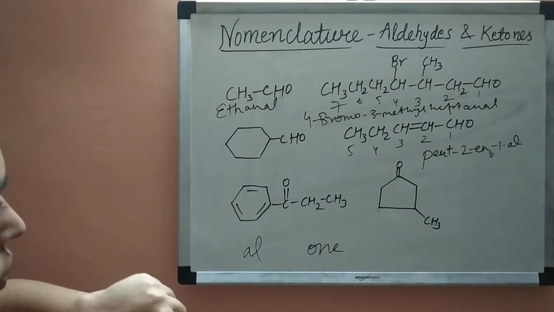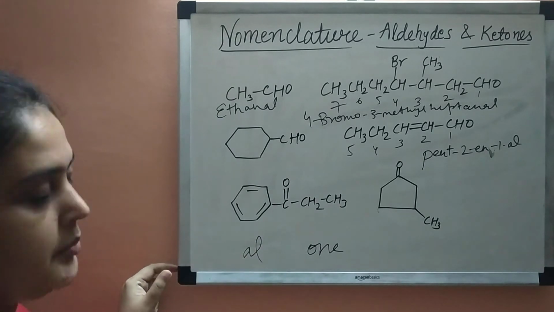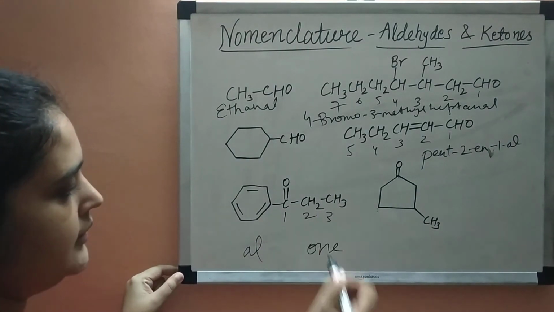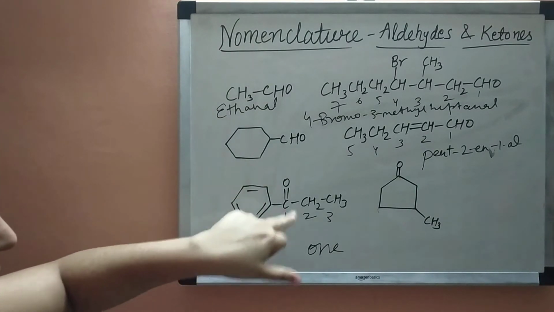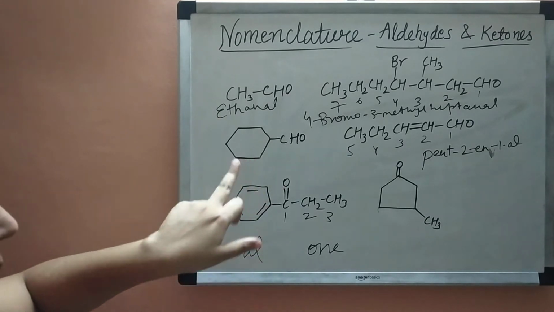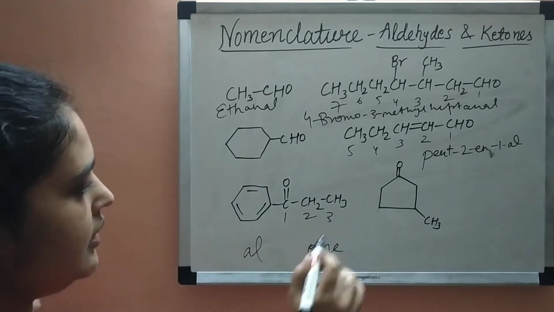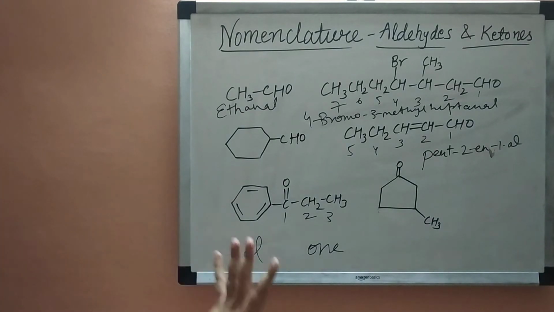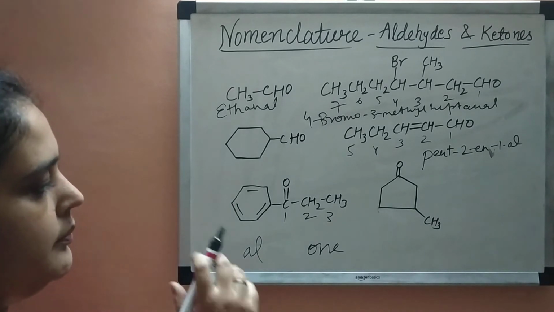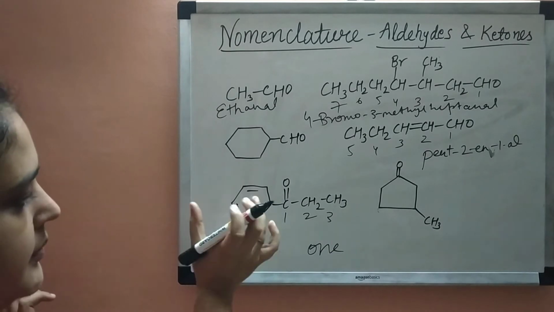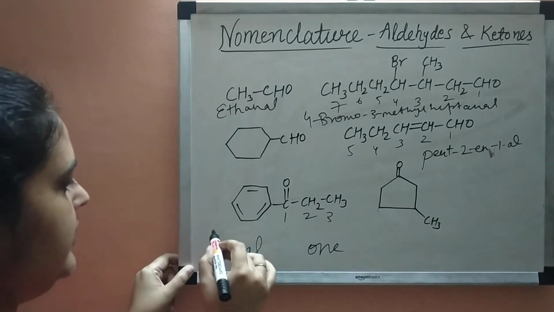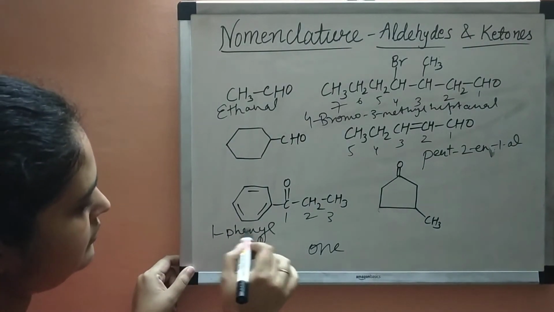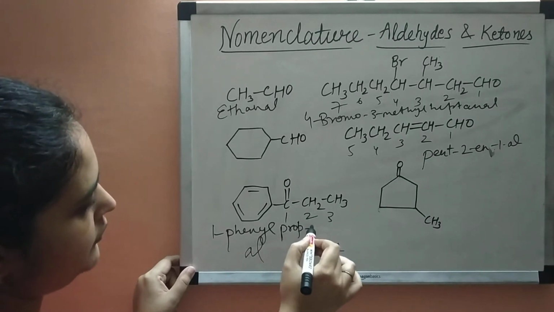Next is a ketone. So here we will first name it. So it is first, second, third, because the carbonyl group is given the first preference. So at the first position there is the ketone part, and this is the phenyl part, and there are 3 carbon atoms. So it is a propane derivative. So it will be what? It will be propanone, and at the first carbon there is a phenyl group. So 1-phenylpropan-1-one.